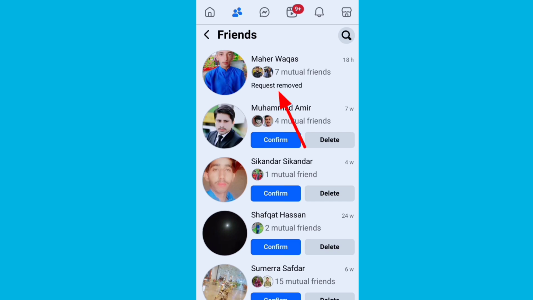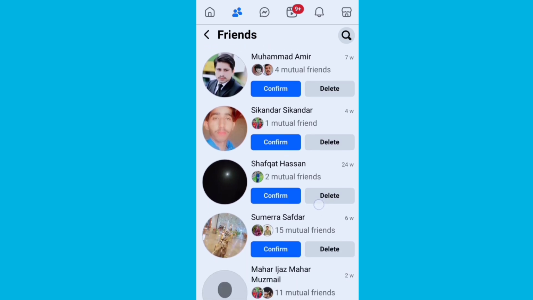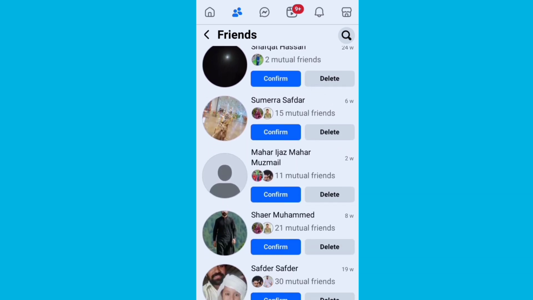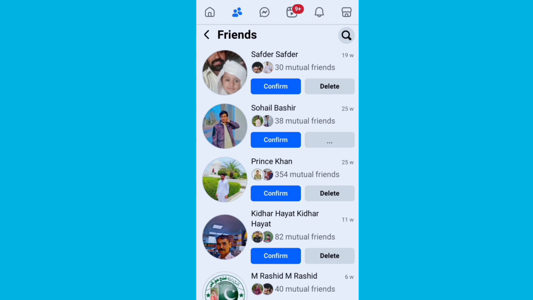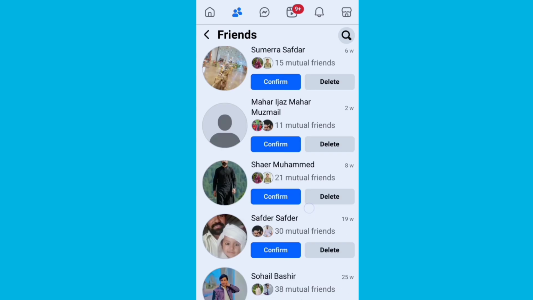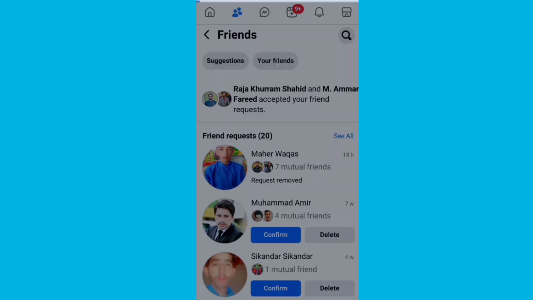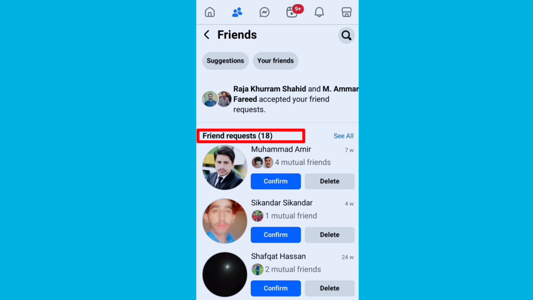You can remove all friend requests by the same process. You can simply click on this confirm option. I am going to delete another friend request. Here you can see now I have 18 friend requests pending. With this method you can delete all